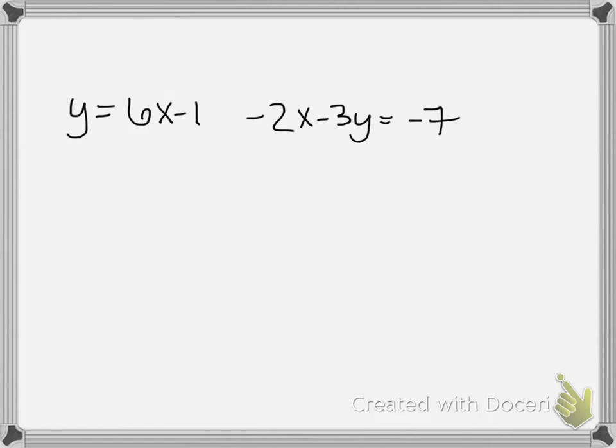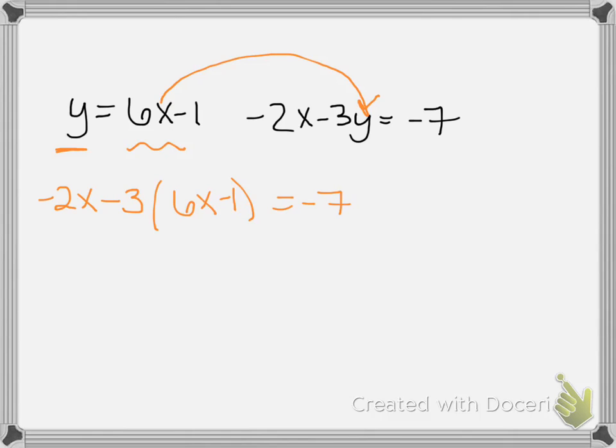Substitution we can only use if x or y is completely by itself. So in one of the problems, x or y has to be by itself. So in this situation, it looks like we have y by itself. So wherever I see a y, I can substitute this in because they should equal each other. So I'm going to plop this in for y since y represents the same thing. So I'm going to get negative 2x minus 3. Replace y with whatever y is,